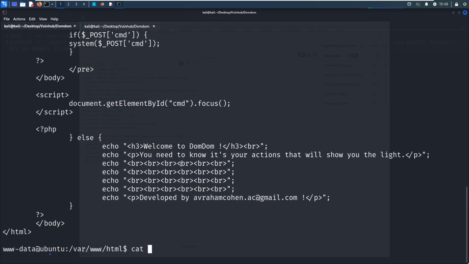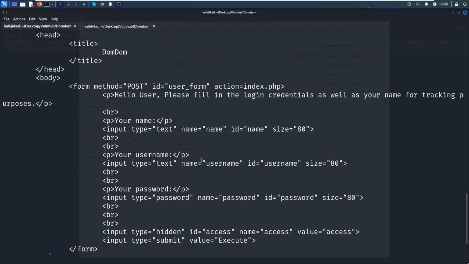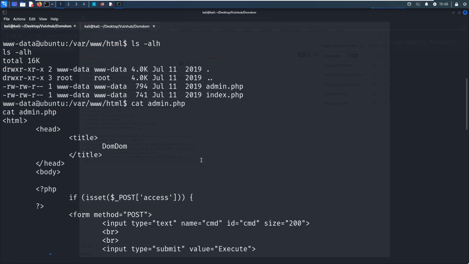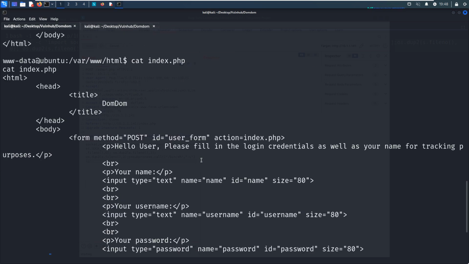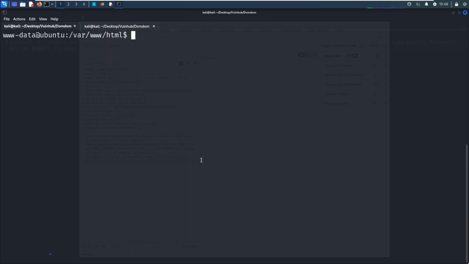So how about the index page? Can we get some credential? Nothing. I think this is a fake login panel.